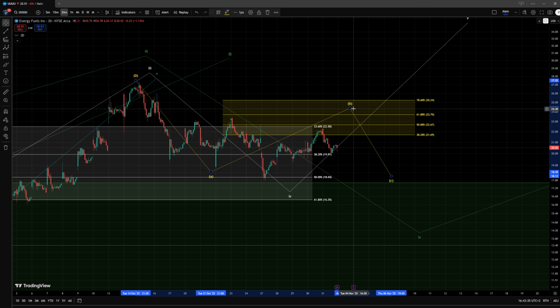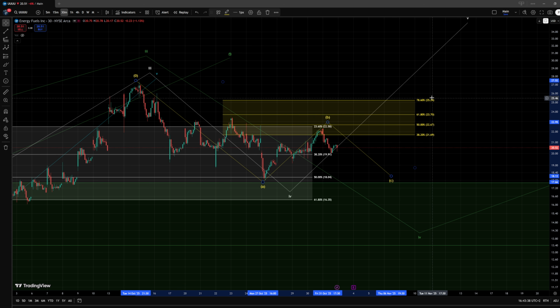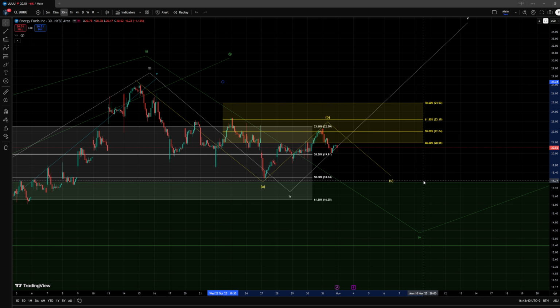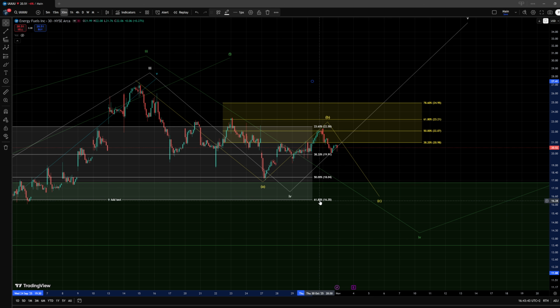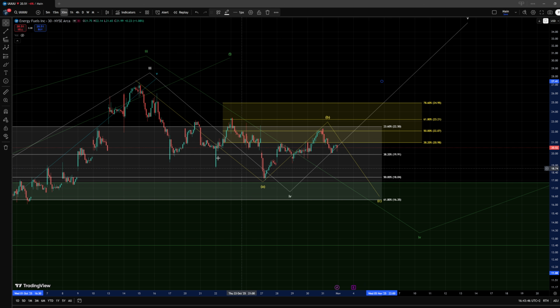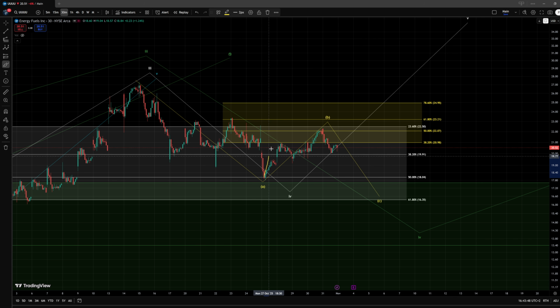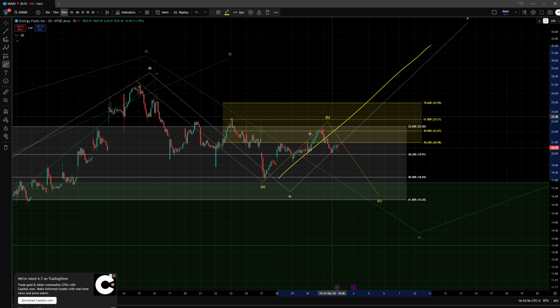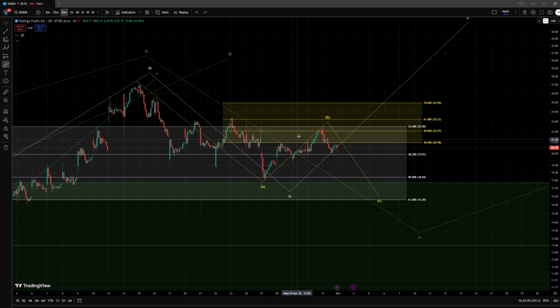We are now, or we may have even topped here within a wave B, and we could still be looking for additional lows in the wave C. So technically it is possible that we have bottomed, but so far I only have a 3-wave structure to the upside, nothing reliable that would suggest to us that, okay, with high likelihood we are going to push higher directly into this 5th wave to the upside, as for example if we had a 5-wave structure up. That would have been a good indication that we may have already bottomed from this point, and we could be looking for a correction in a wave B and then a follow-up in a wave C, also in a 5-wave